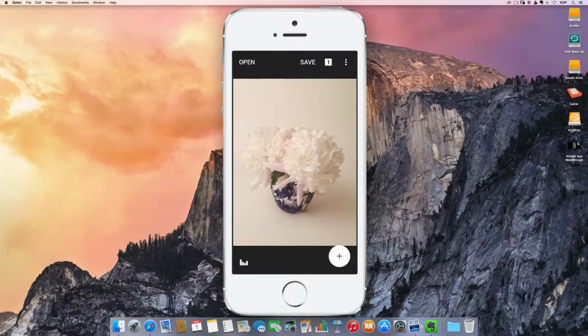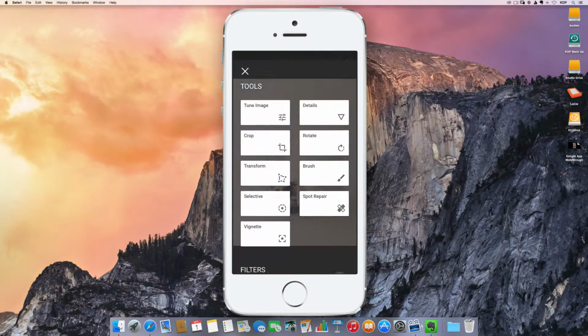and kind of go back. Now, as you've noticed, up here in the top bar, there's a little 1 inside of that box, and if I click on that, it's going to show me the edits that I've made. The cool thing about this is that I can go back and adjust any of these at a later date. So I'm just going to close that, come back to the main image,